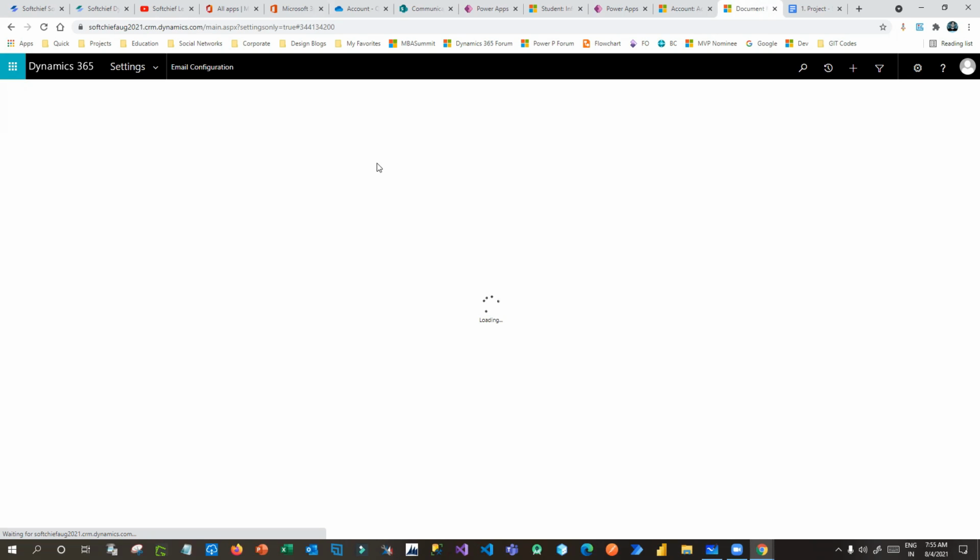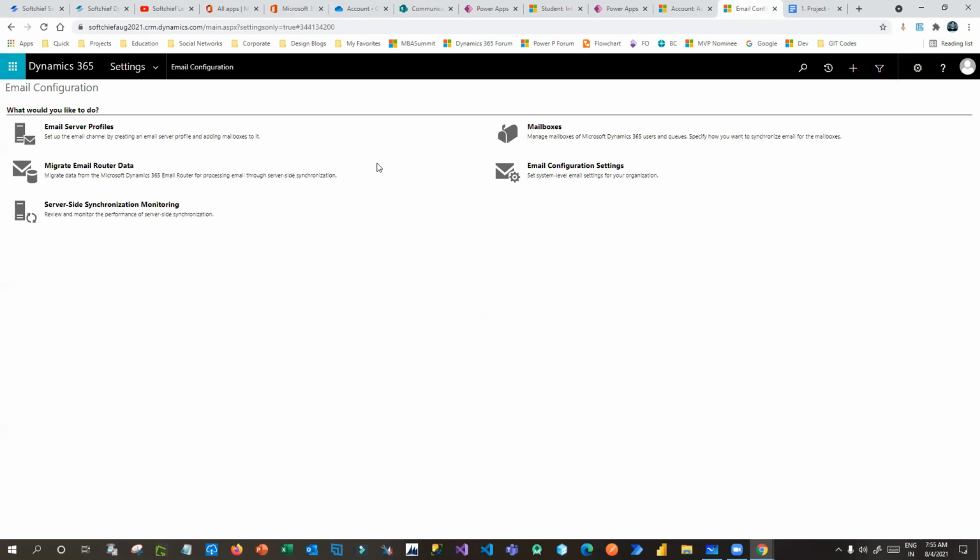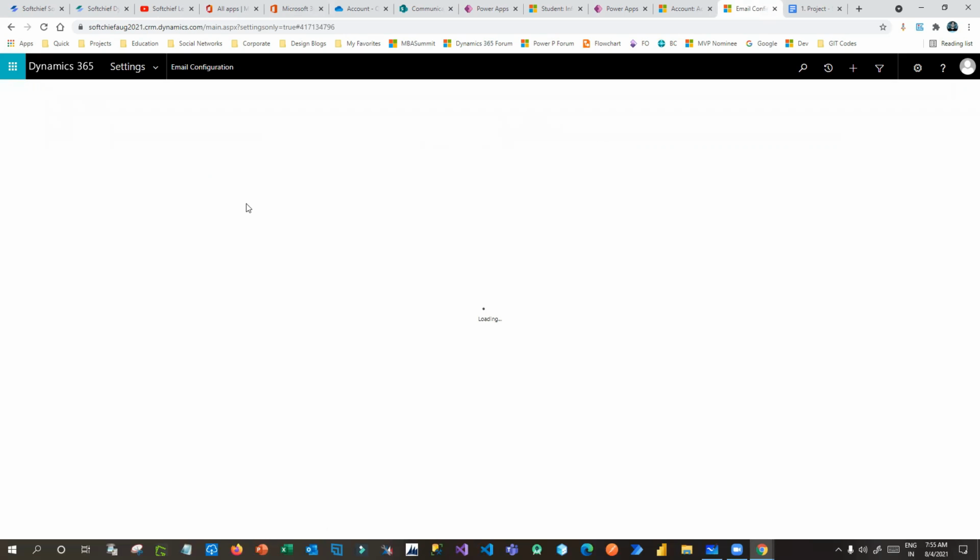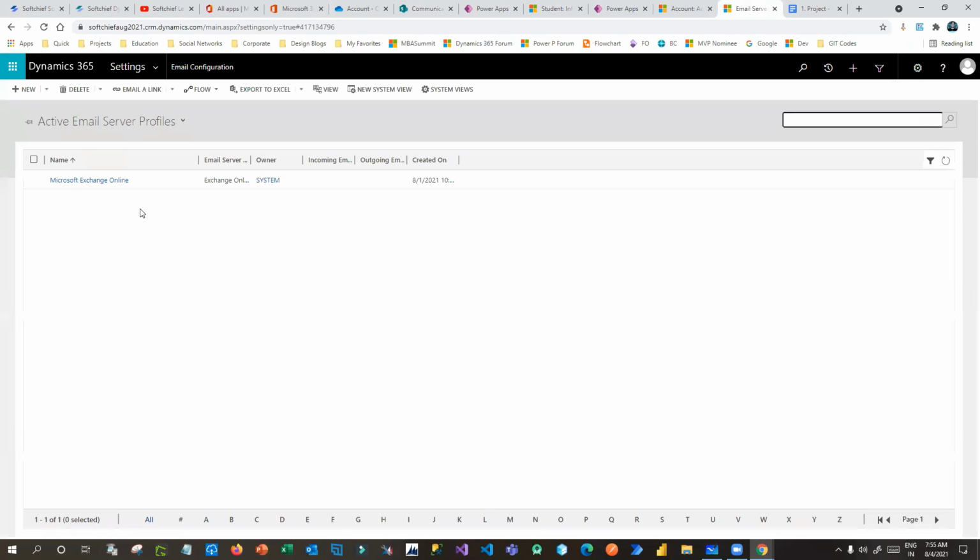In the email configurations, you have to enable the mailbox for the user. First, click on email server profile to see what server profile is available. It is Microsoft Exchange Online. So we are good to go.